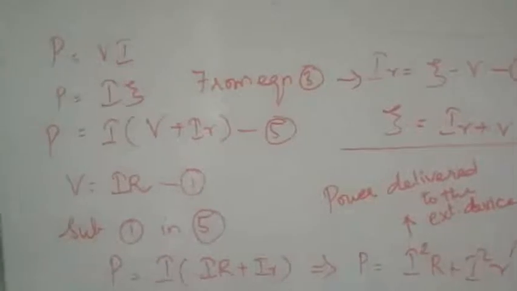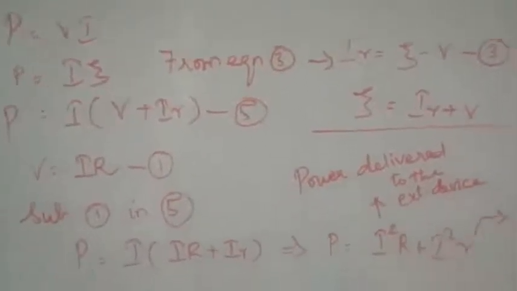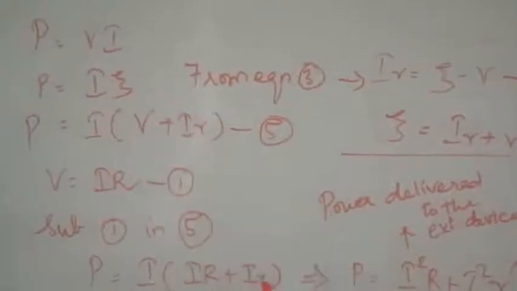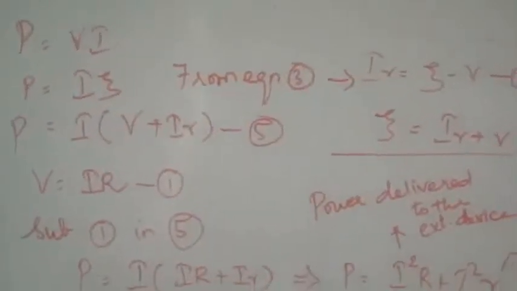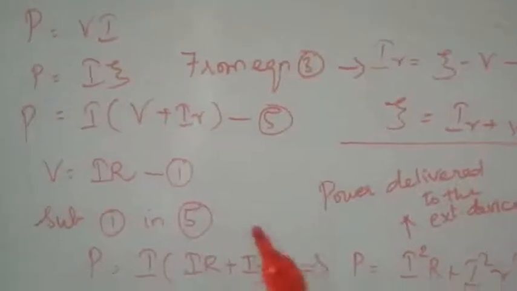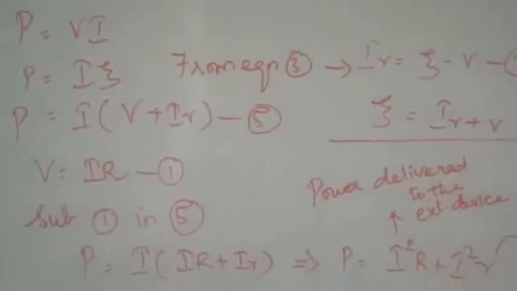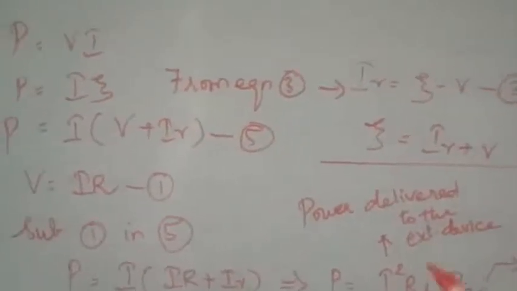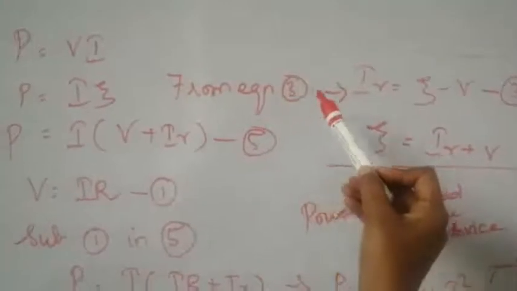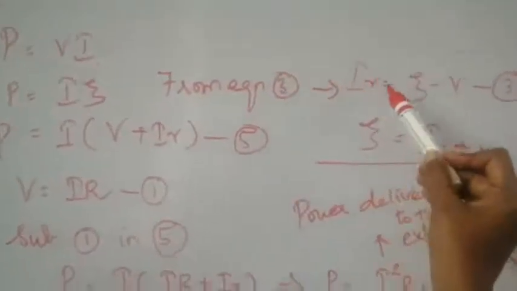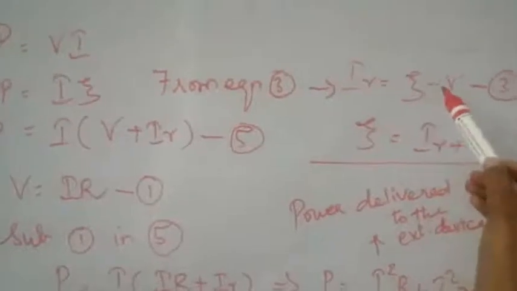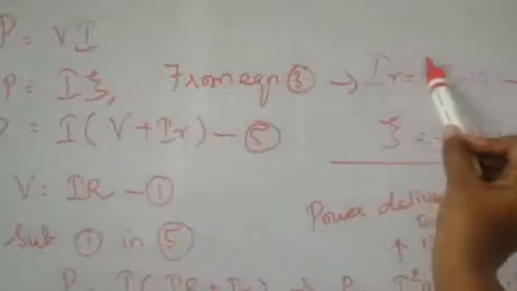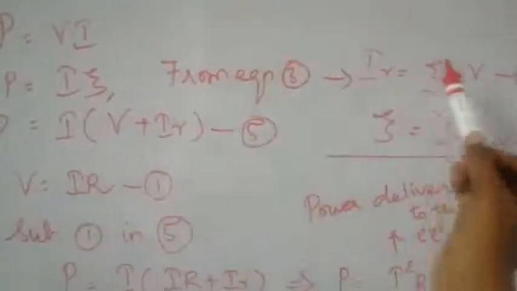So power P is equal to V into I. We know that the formula is power P is equal to V into I. So here V is nothing but the voltage. So you can replace this voltage as the EMF provided by the battery on the whole, right? So P is equal to I into psi. And from the equation number 3 we have derived. So equation number 3 is nothing but IR is equal to psi minus V. So we want psi here. Instead of psi, I'm going to get the psi value from this equation.